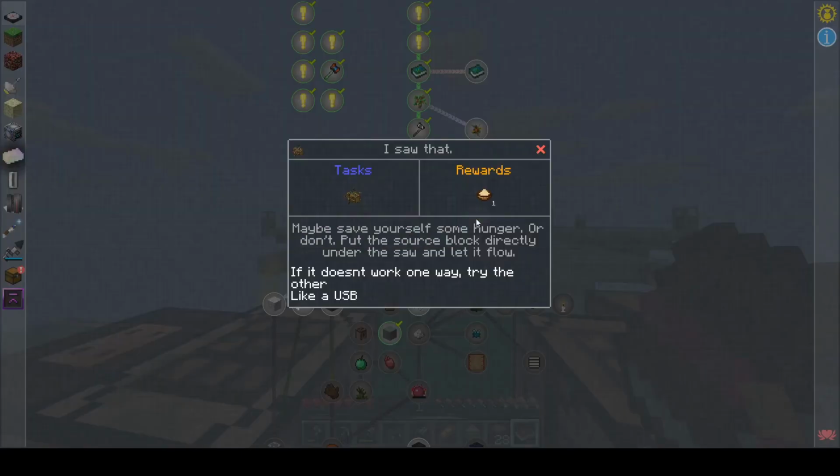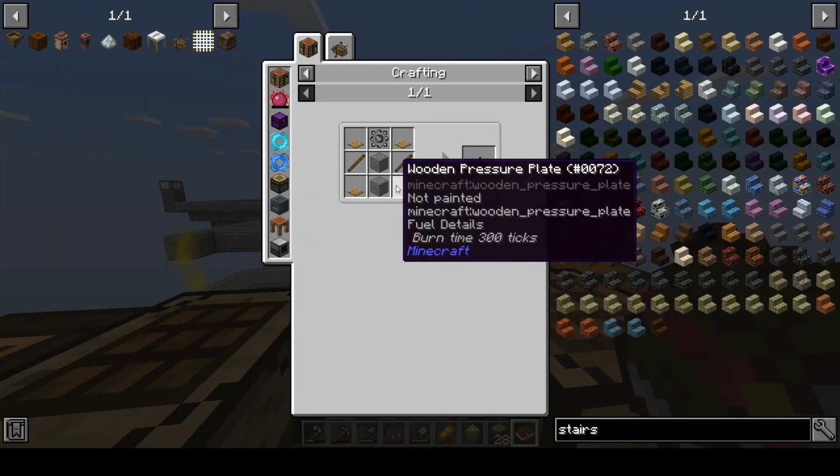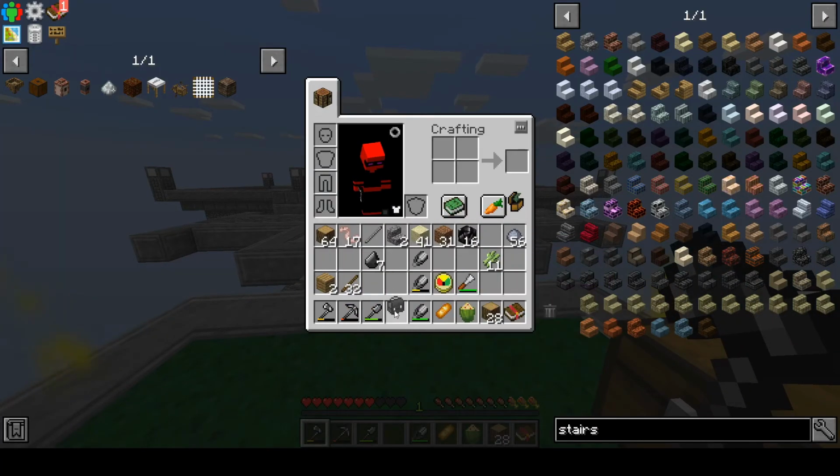So the next thing we want to do is make a water powered saw. The quest says: maybe save yourself some hunger, or don't. Put the source block directly under the saw and let it flow. If it doesn't work one way, try the other, like a USB. The water powered sawmill basically allows us to get 4 planks out of every 1 oak log,